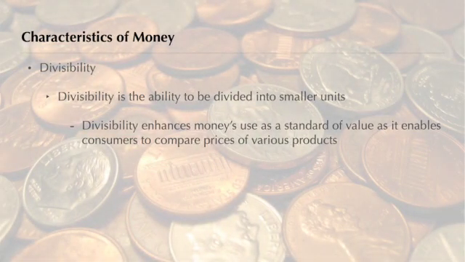Divisibility refers to money's ability to be divided into smaller units. The US dollar is divisible into any amount between 1 and 100 cents. By combining the various coins and bills, buyers and sellers are able to make transactions of any amount down to the nearest penny. Divisibility also enhances money's use as a standard of value, because exact price comparisons between products can